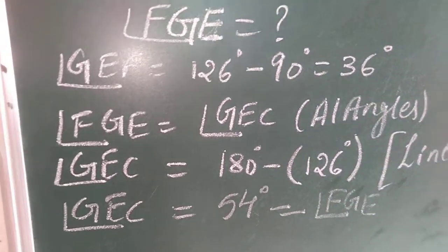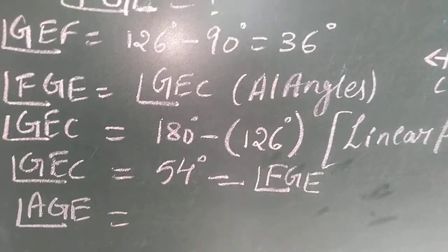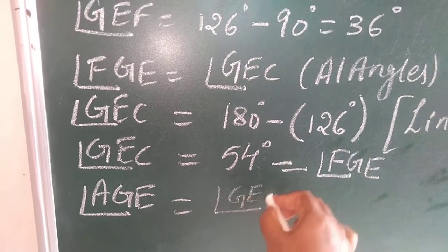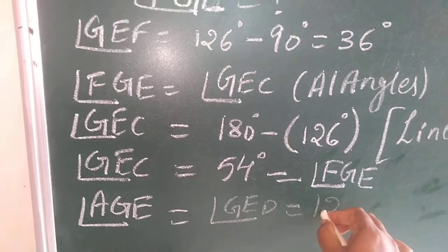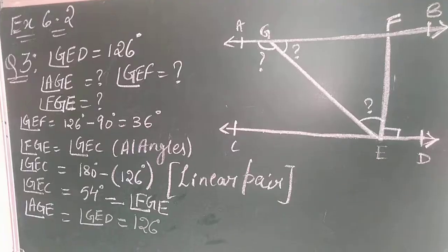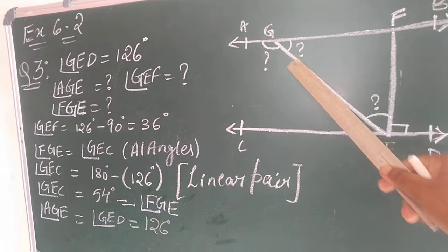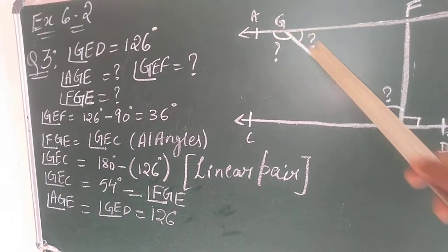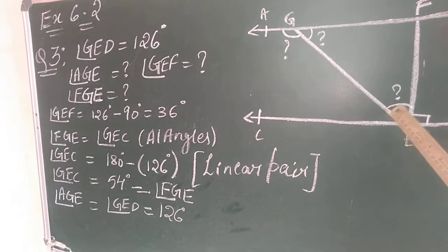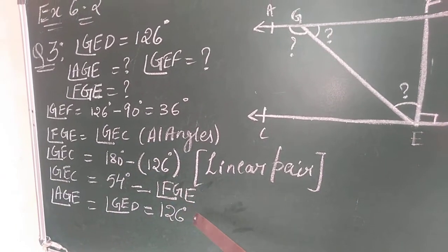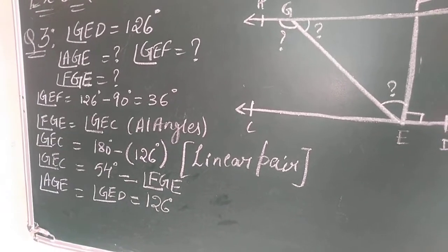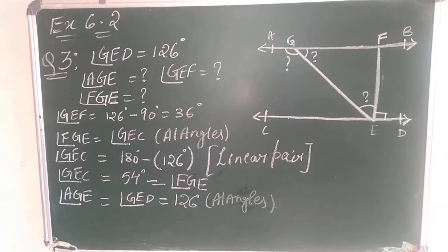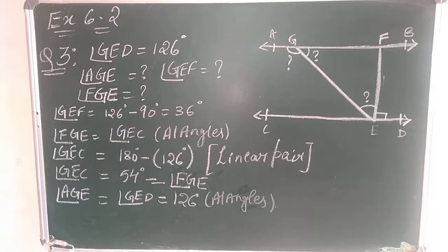On the other side we need to find out AGE. AGE is nothing but angle GED. Why? Because they both are alternate angles. Hence it is also 126 degrees. Look here children, can you observe one more Z shape like this? Yes, AGE equal to GED. Already we know that GED is 126 degrees, hence I have written the same here, but you should write in the bracket the reason why you are giving 126 degrees. Okay children, understood the sum? No need to copy the sum, children, I will give you the notes later.